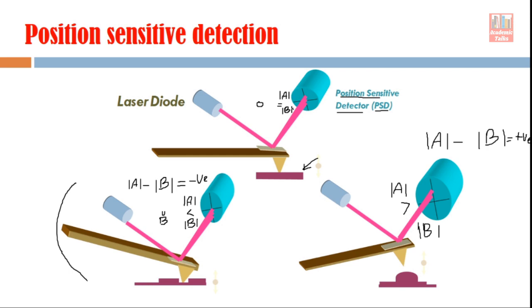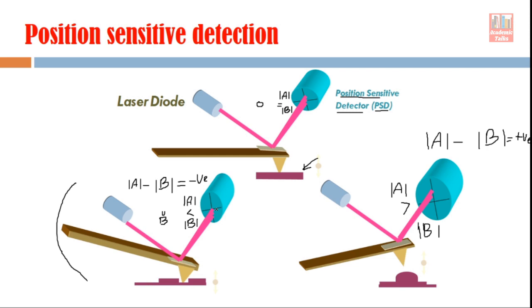Remember, in all the three cases, the whole light is falling on these detectors. If these were normal detectors, they would give you a constant amount of output irrespective of the sample features, because in all the three cases the whole light is entering the detector, so the output would remain the same. But since they are position sensitive detectors, the output depends on the position where the light is falling inside the detector, right?